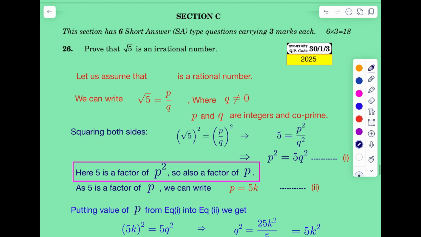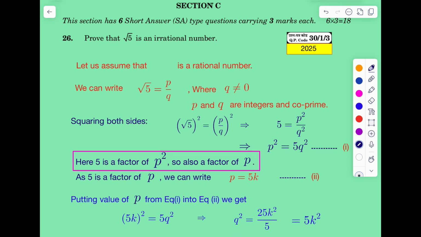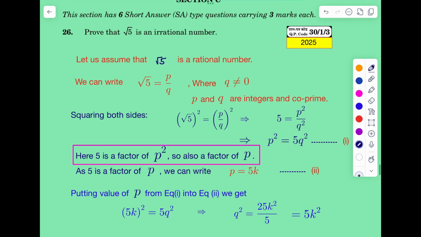Let us assume that root 5 is a rational number, and finally we will contradict it and we will prove that root 5 is an irrational number. So for a rational number we know that it will be in the p by q form, just like root 5